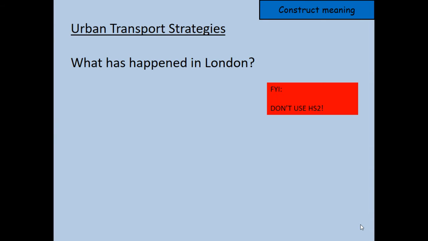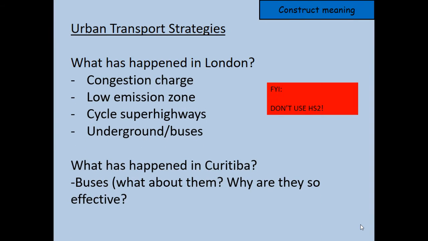They don't like it because you can't say how it's benefited an area when they've only built a tiny little bit of it. So what's happened in London? You've got the congestion charge. So you pay to go into central London. They're those signs with the big C on. I think it's a red C, or a black C with a red background or something like that. A congestion charge, I think it's like £13-15, something like that.